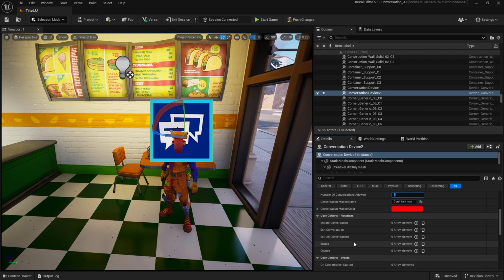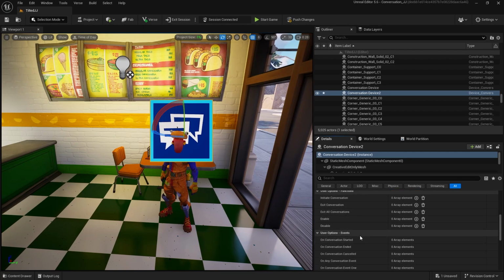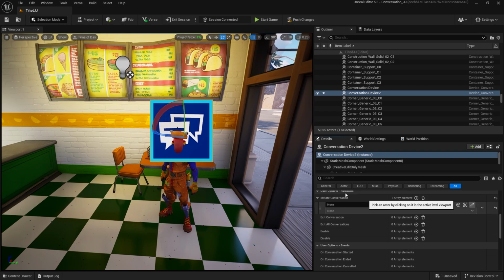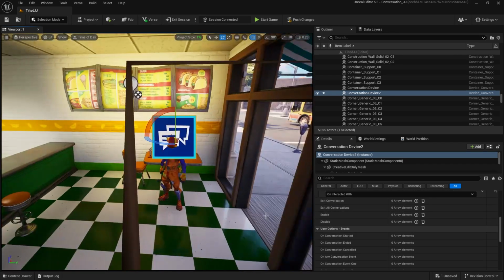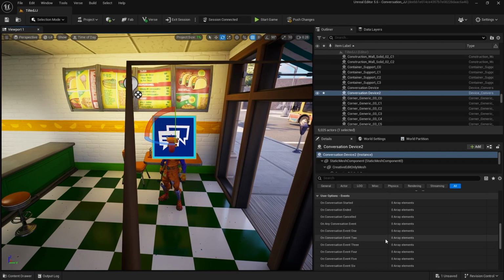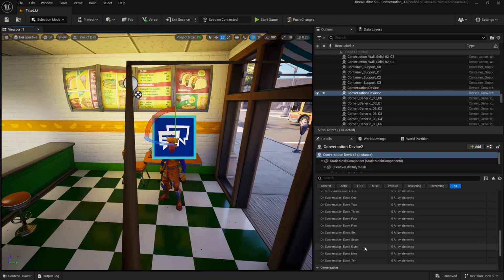How do we initiate conversation? Easy. Hit the plus sign, grab the picker, select your character device on interacted with. The events are all linked up inside of here. Event 1, 2, 3, all the way up to 10. So we're going to be utilizing event number 2. We've already done event number 1, so now we'll do event number 2 when we create our new conversation, which